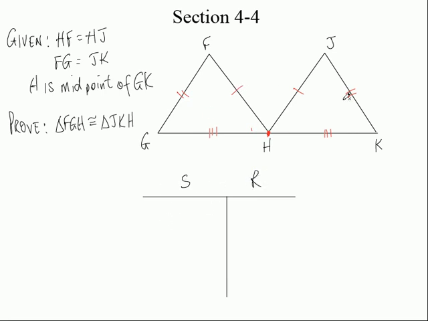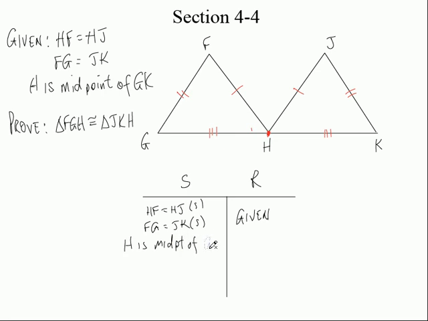So let's do the two sets of sides first, and it's given, isn't it? So HF equals HJ, and FG equals JK, and that's given. Now, can I go right to the fact that GH equals HK? No, I can't. I got to say something. How did I figure out that this segment and this segment were equal to each other? Because H is the midpoint. I have to say that first. Everybody follow me? I have to say that H is the midpoint before I say that this segment is equal to this segment. So, H is the midpoint